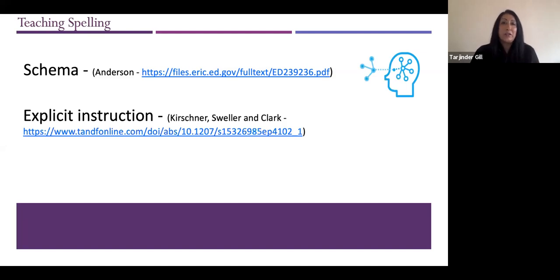Using explicit instruction does work. Not asking children to just discover how to spell by themselves, it's not going to happen. Also, while children can make links, I think that we do need to help reinforce those links as well and be quite explicit with that. And that needs to be part of our teaching, that we're helping them to constantly do that so they actually